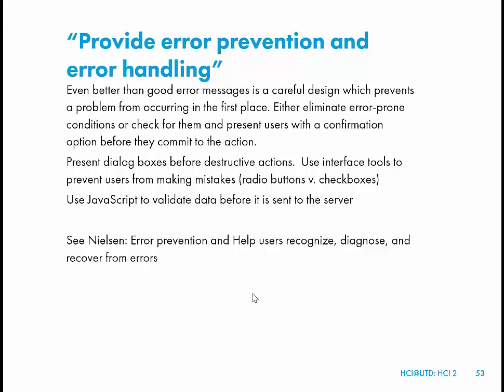Use interface tools like I just showed you with the radio buttons versus the check boxes to prevent users from making a mistake. If you can only select one, then use a radio button. I'm guaranteed I'm only going to select one if that's the only thing I can do. Use JavaScript, or actually JavaScript's out of vogue now. Validate the data before it sends to the server. The other part that comes with this is, wherever possible,